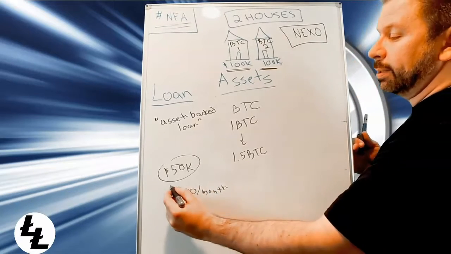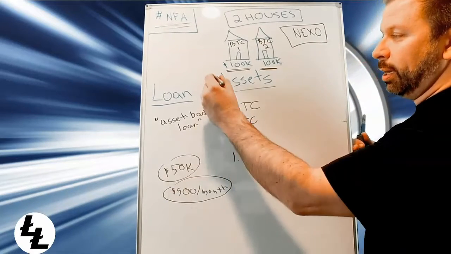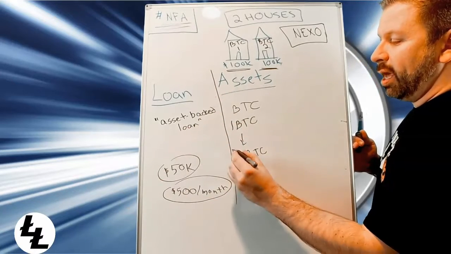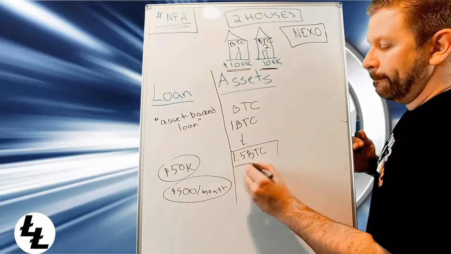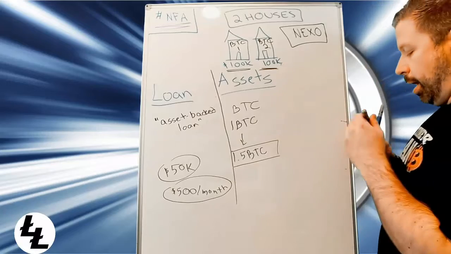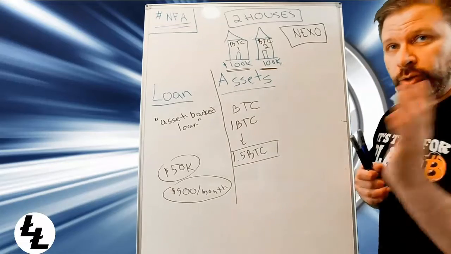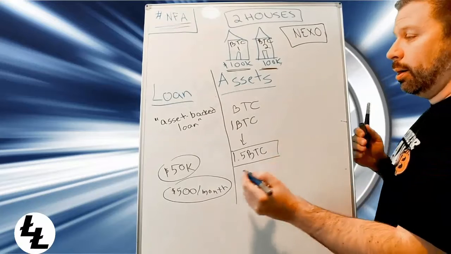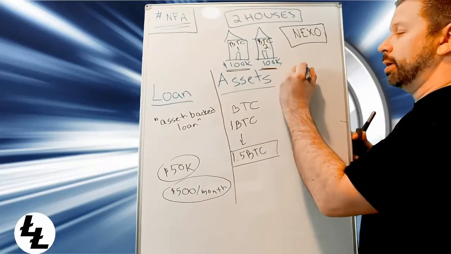All right, so these are two liabilities. Whenever you have a balance sheet, you have liabilities and assets. So I have 1.5 Bitcoin of an asset, and then I have a credit line. Now the credit line is always 50% of your assets. Okay, so I'll say credit over here.